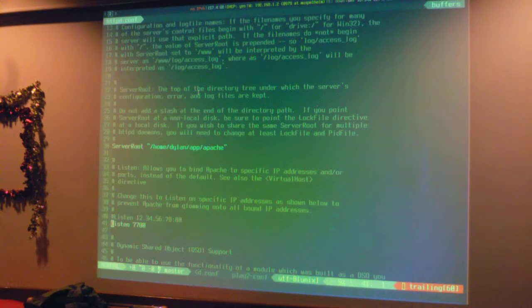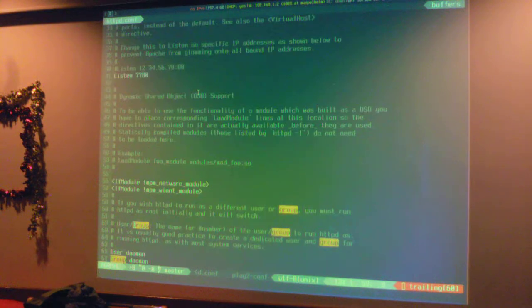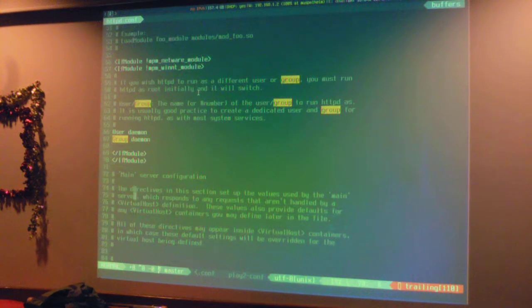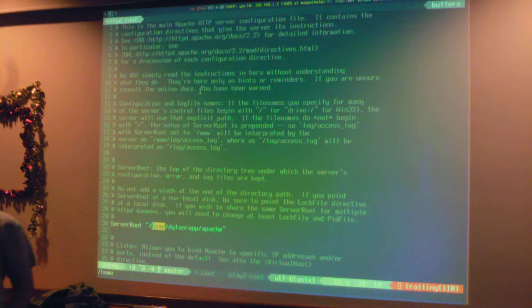But anyway, I didn't feel like doing it, so 7780. The other thing is there's like a group, I think. Oh no, it ignores this directive if it's run as non-root, so you can still have that directive in there. Normally it would change it to run as user daemon and group daemon. But if you're running it as a normal user, you don't have to do that. And everything's going to default to where you installed it. So if you install it to your home directory, it'll be able to write to the files there.